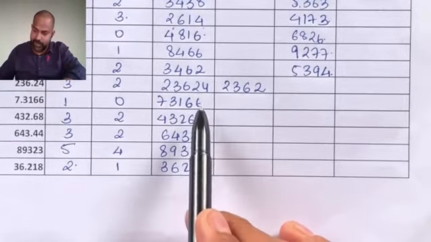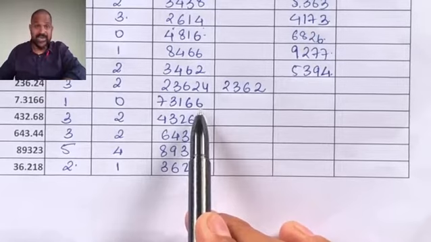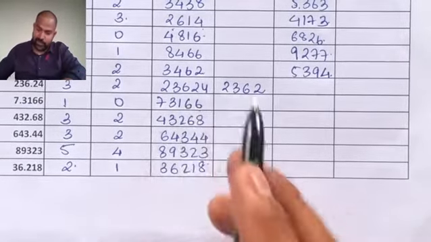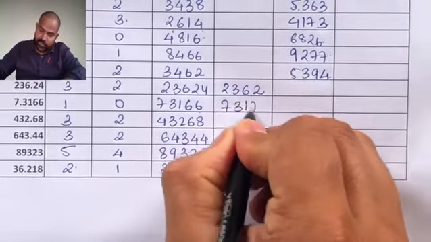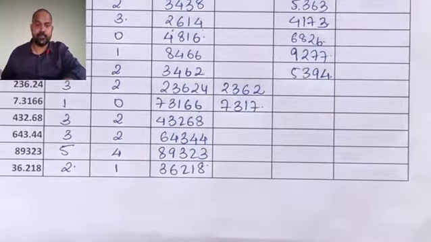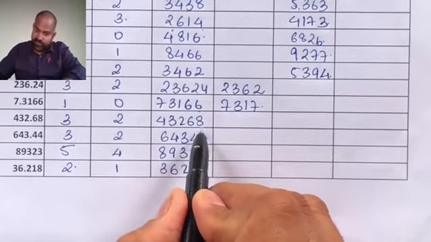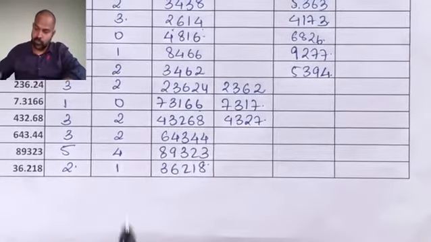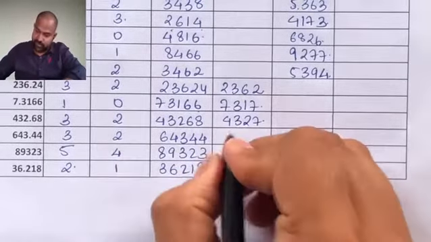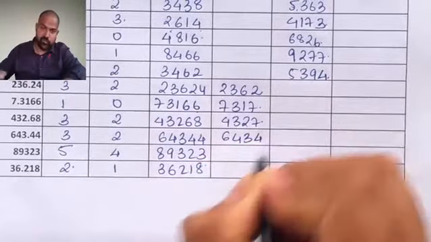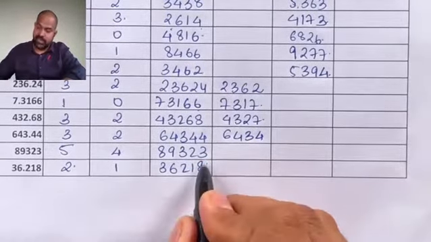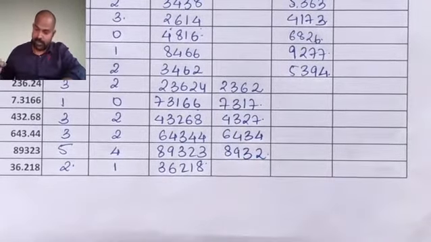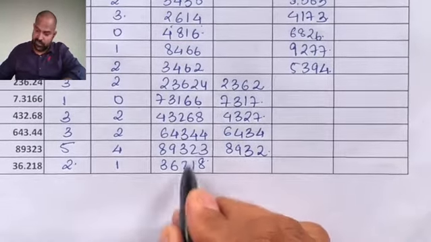How will you approximate? Is it 5? No. Is it greater than 5? Yes. Then add 1 and make this 7317. 8 is greater than 5. Add 1 and approximate 4327. 4 is less than 5. 6434. 3 is less than 5. 8932. 8 is greater than 5, approximate